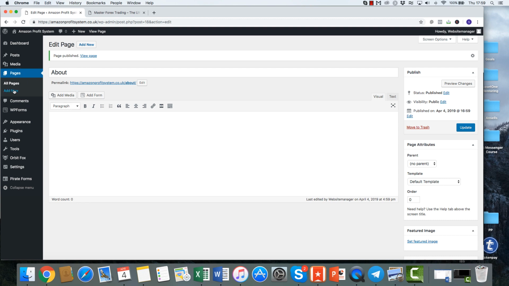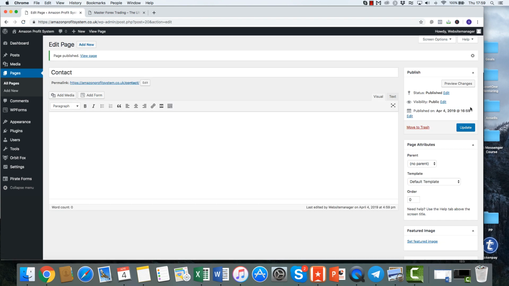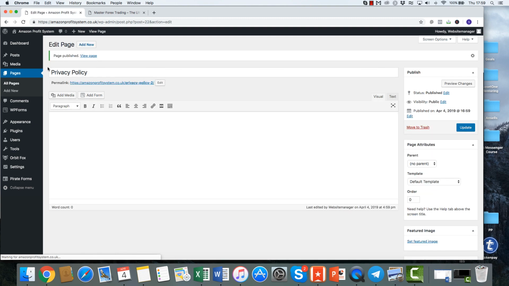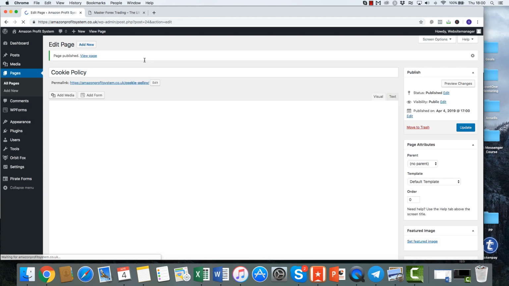I'm going to create another one. So again, pages, add new. This one is going to be called contact. I'm going to hit publish, and once I've published that, that's all published, ready to go. I'm going to create a few more for you as an example. So privacy policy, cookie policy, and terms and conditions are things that all websites have to have nowadays. So I am going to create those for you,